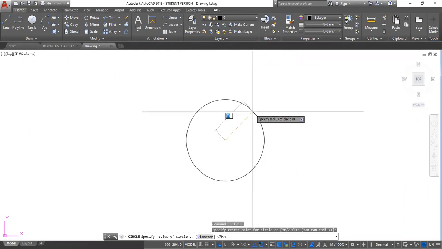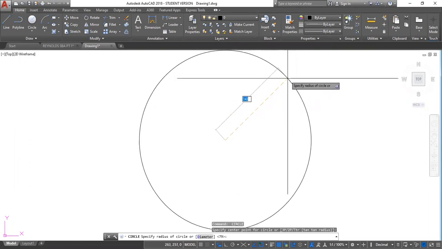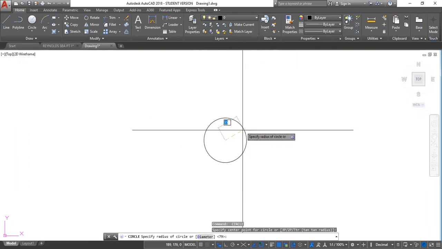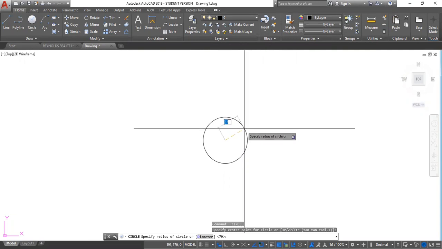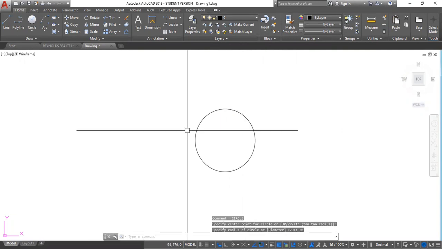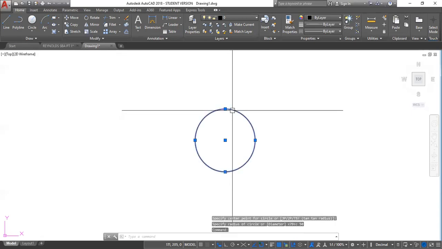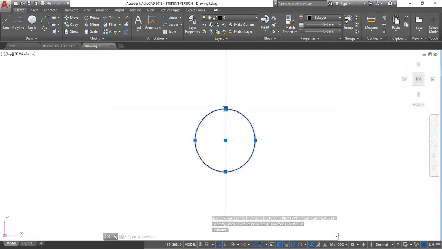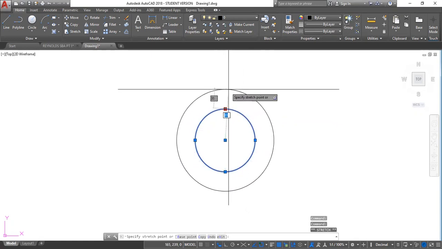Space bar. Yeah, this seems more like the right one. 300 by 300. Right, so let's draw a circle. 50, 50, enter. It's important to know that you can move the circle, or you can change the radius by clicking on one of these. And as you move out,